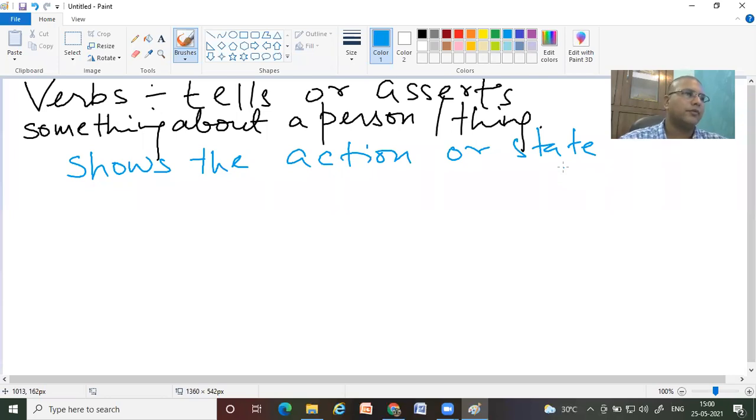In other words, verbs tell us about the action or state of a noun or a pronoun. Now, the other things that verb does. Please have a pen and paper with you. The second thing it does, it tells us